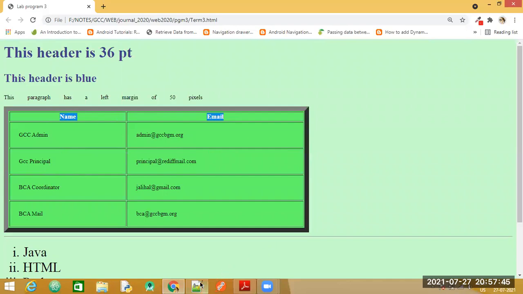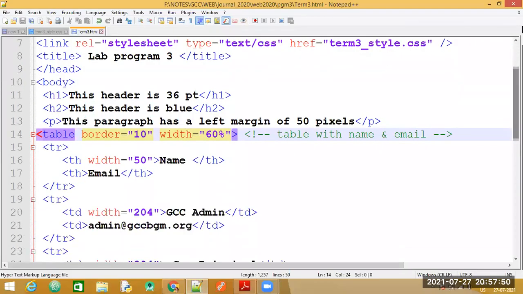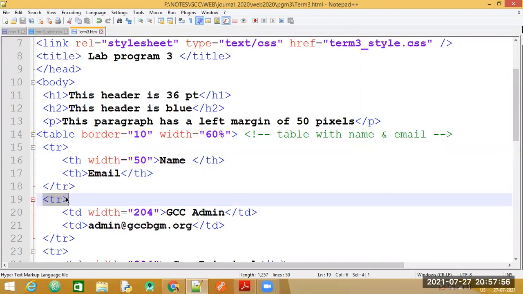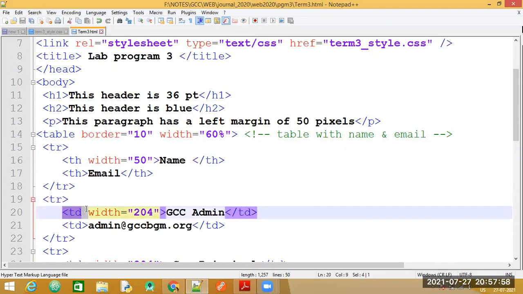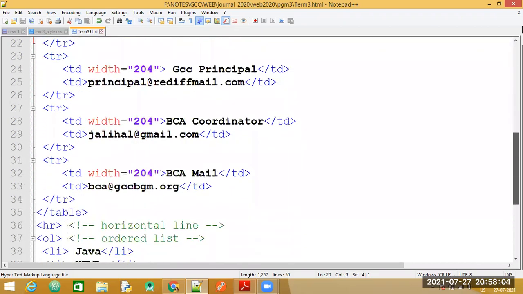We have already studied how to create this. The TH tag helps us create headings, TR tags help us for rows, and the TD tag helps us for table data. So this is the code for creating the table.